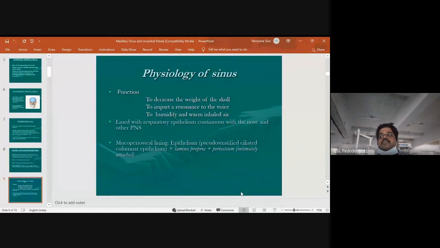So coming to the physiology. So what does this sinus contain? What does the sinus have? Why is the sinus formed? The functions of the sinus include: it will decrease the weight of the skull, it will impart resonance to the voice, and it will humidify and warm the inhaled air. So it is lined by a respiratory epithelium, which will be continuing with the nose and other paranasal sinuses, and the mucoperiosteal lining. The entire sinus is lined by the pseudostratified